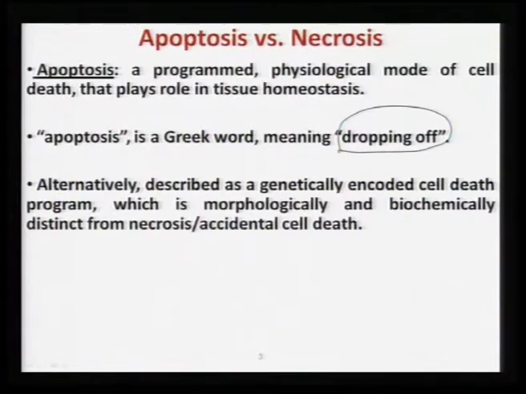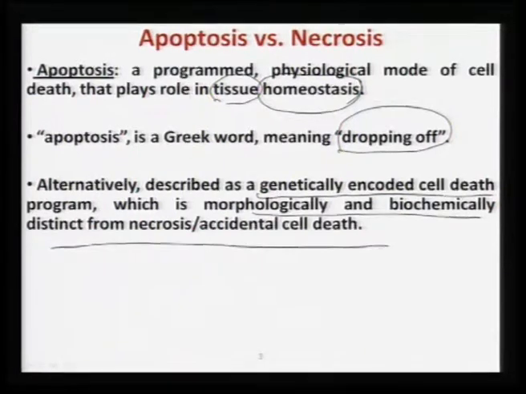It is a programmed physiological mode of cell death that plays a role in tissue homeostasis. Tissue homeostasis means that a particular tissue is able to perform its own function, that is what it is desired for. That is called tissue homeostasis. Alternatively, apoptosis is also described as the genetically encoded cell death program, which is morphologically and biochemically distinct from necrosis